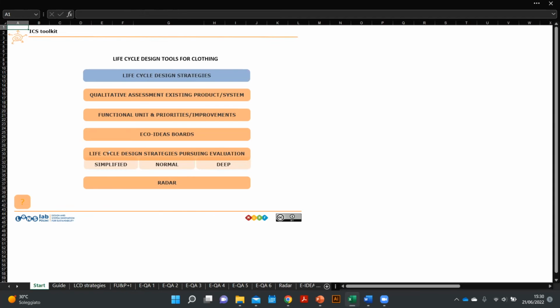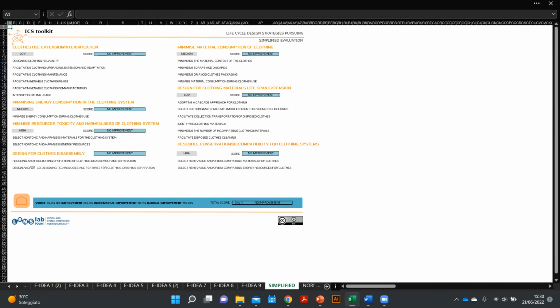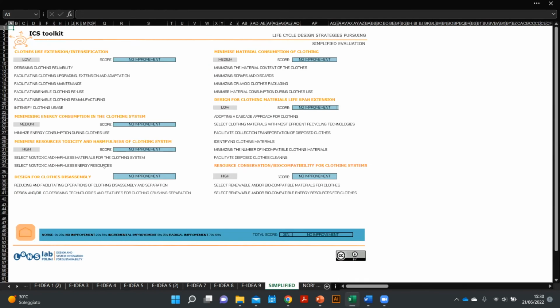Okay, maybe we can spend just a few minutes watching the difference in the evaluation of your concept at the end. We can see the difference between the simple evaluation, the normal evaluation, and the deep evaluation. You are obviously not going to use the deep one. We will see, depending on the time we have, if the simple or the normal. But what is happening here? So you have this board with all the strategies, all the guidelines, and these blue buttons are the